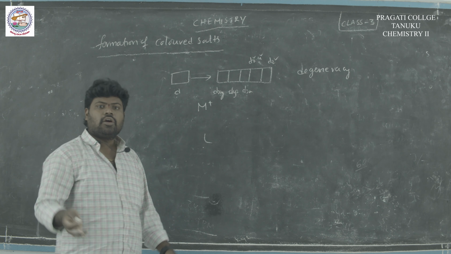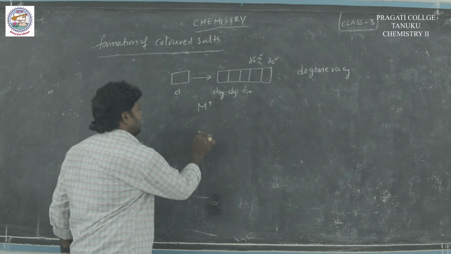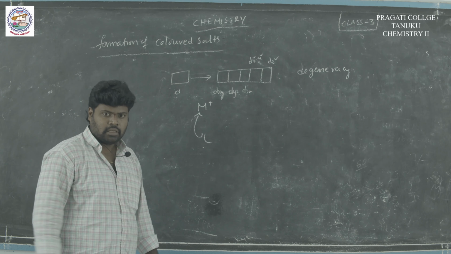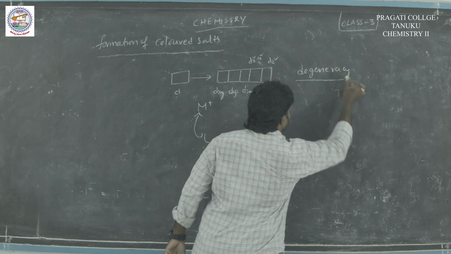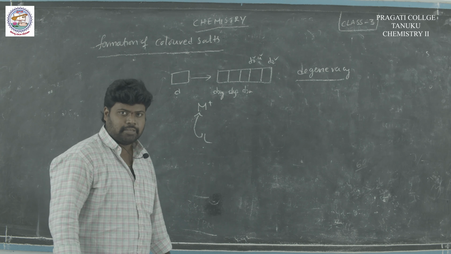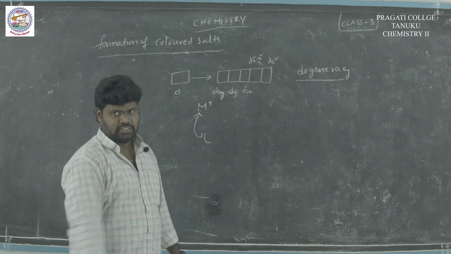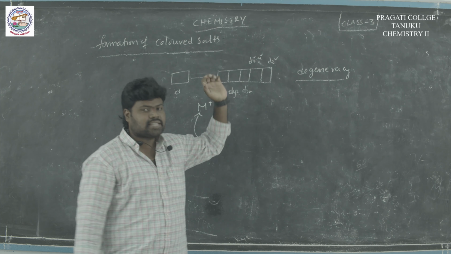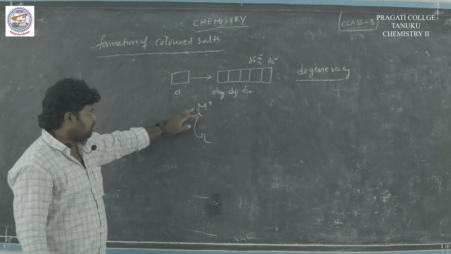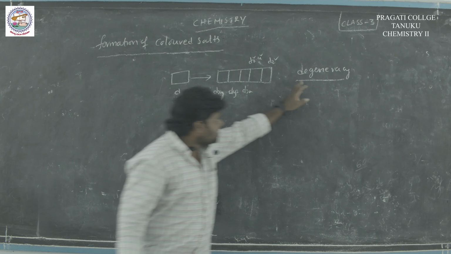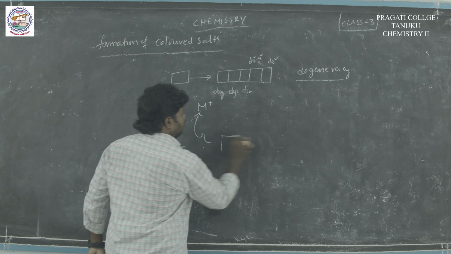Ligand means it contains a lone pair of electrons or is a negatively charged species. These ligands attack the metal, then there is loss of degeneracy. What is the meaning of degeneracy? The 5 orbitals having the same energy, that phenomenon is called degeneracy. When ligands attack the central metal atom, the degeneracy is lost. Then the 5 d orbitals